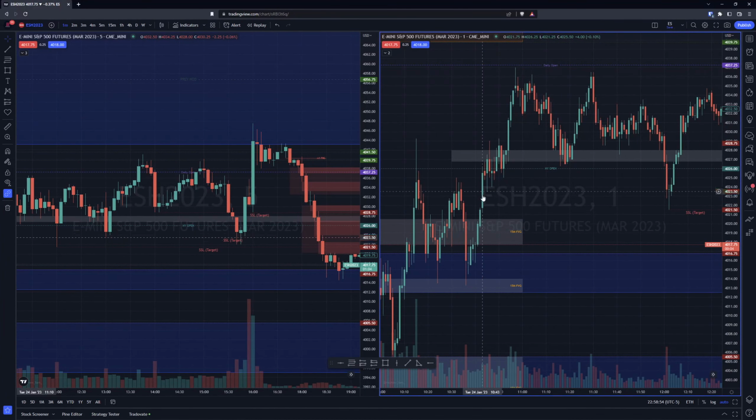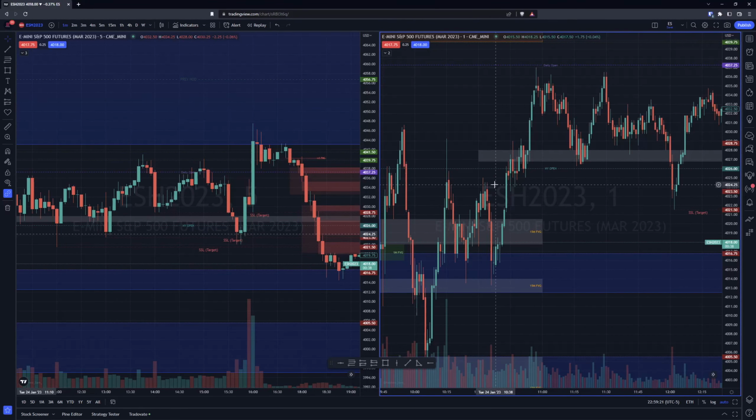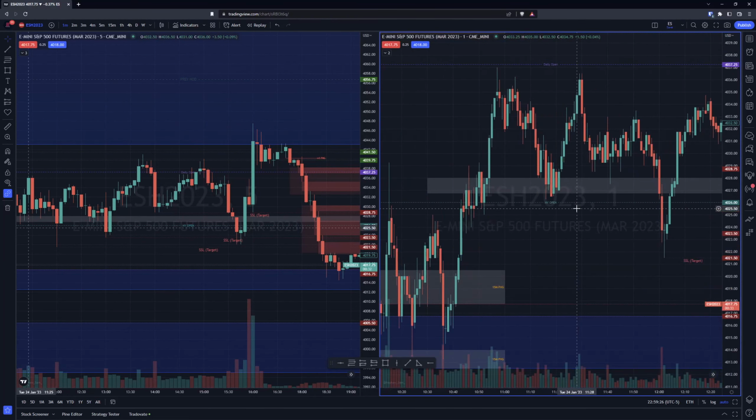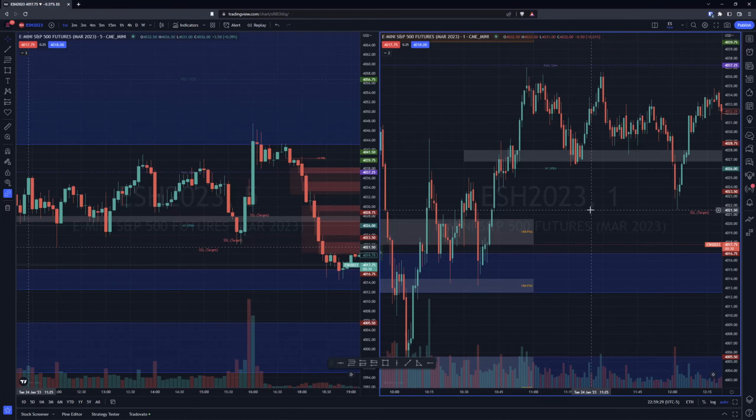But yeah, this move here, my best guess here is that this very aggressive push down back into the 15-minute, and then we break it. That's the order block. We come back and just ping it a bunch of times, right? Actually, it just pinged it twice, I guess, huh? Strange action.